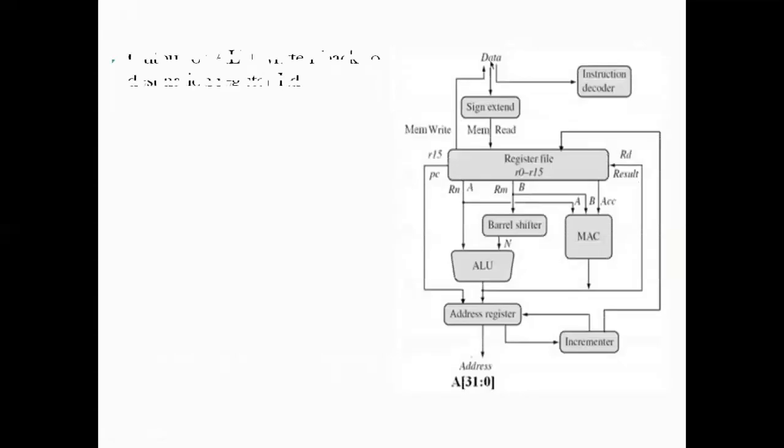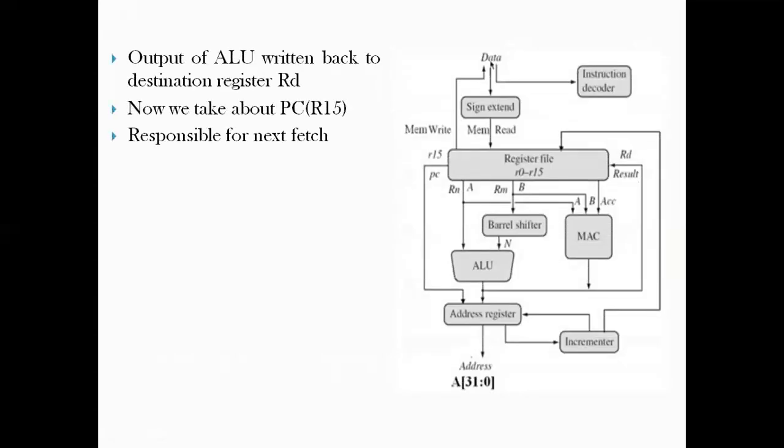Okay, so next we come to the address register. Now whatever is the result of the ALU, we know that ARM is going to follow load store architecture. So we cannot store the result directly in the memory. It has to go into a destination register. So this red path is indicating the bus which is going to put back the result into the destination register RD from the execution unit, that is ALU, if it is an addition, subtraction or logical operation. If not, if it is a multiply, then MAC unit is going to use this bus to write back the result to the destination register.